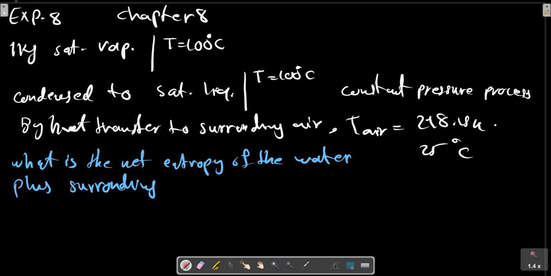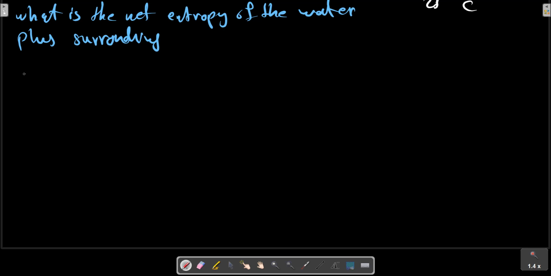For the control mass, at first we should show on the PV diagram, for example from saturated water vapor, point 1, is condensed to a saturated liquid at constant pressure, point 2,